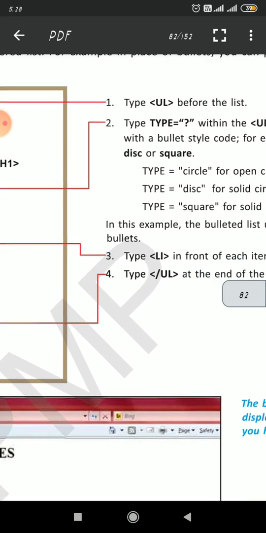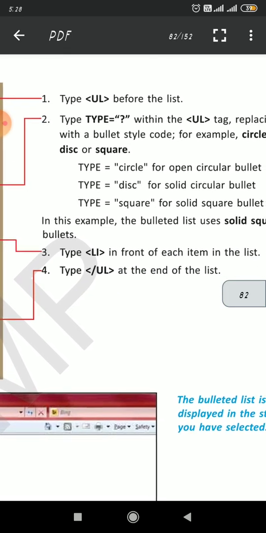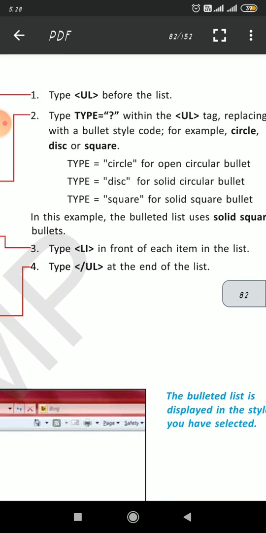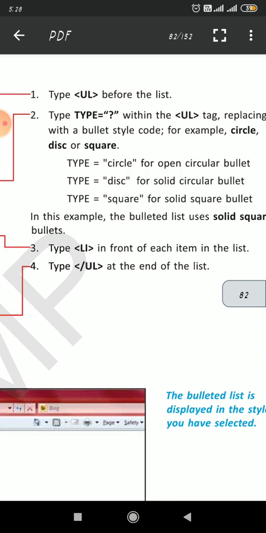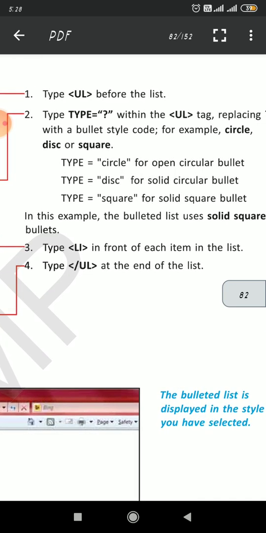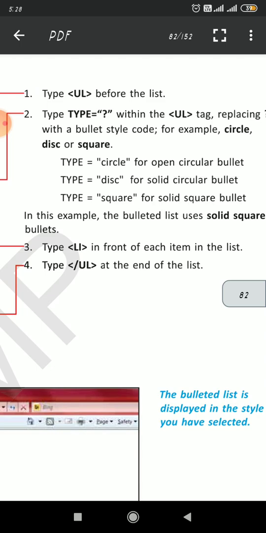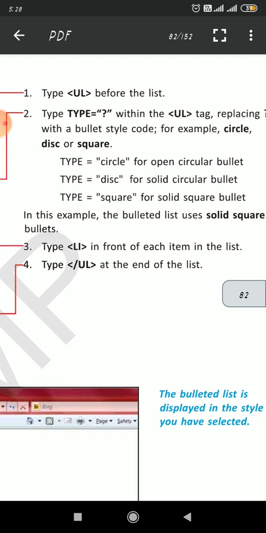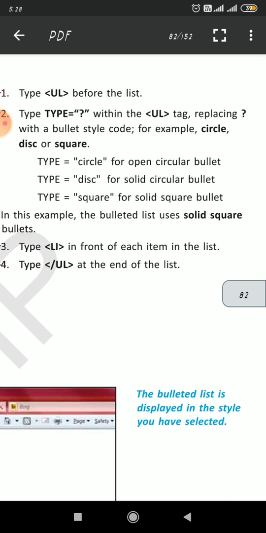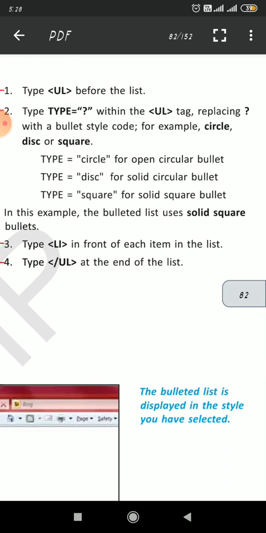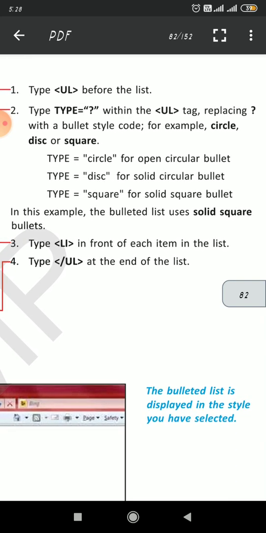How will you write it? Type UL before the list. Type, here a question mark is given, there you will write the name of the style which you want. UL tag, replacing the question mark with a bullet style code, for example circle, disc, square.